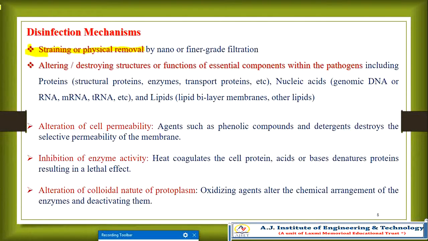Then another mechanism: altering or destroying the structures or functions of essential components within the pathogens, including proteins, especially structural proteins, enzymes, transport proteins, etc. We are destroying or altering